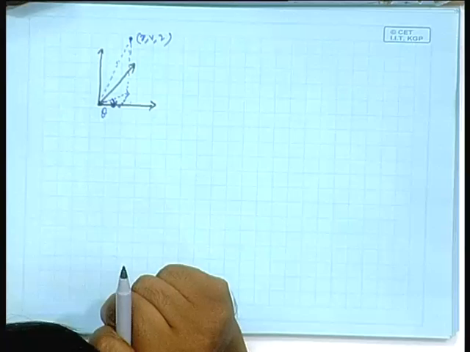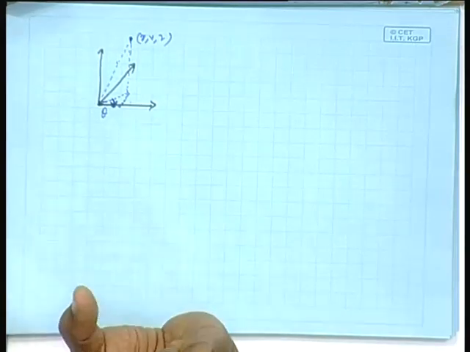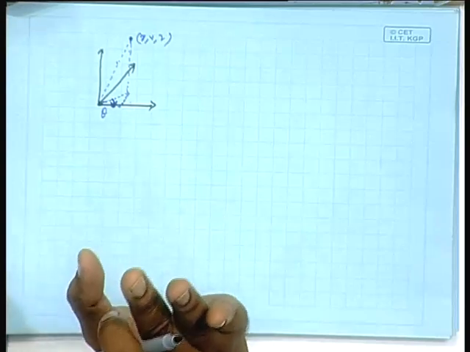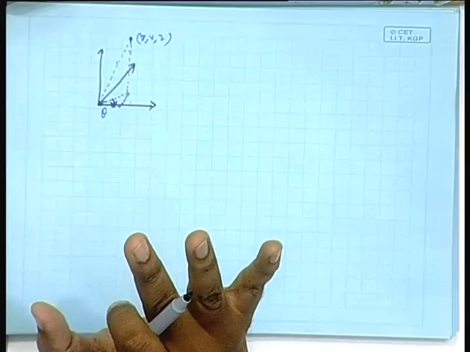If I do this kind of rotation of the xy plane by minus theta, keeping z as it is, I will not touch the z axis, and therefore, the z coordinate of any vector will not get affected. Okay, I will only keep the z axis as it is, I will just rotate the xy plane. Can you see that? It is a simple engineering thing. Hold the z axis as it is, rotate the xy plane by minus theta, where theta is shown like this. For the given diagram, this is the theta, so minus theta.